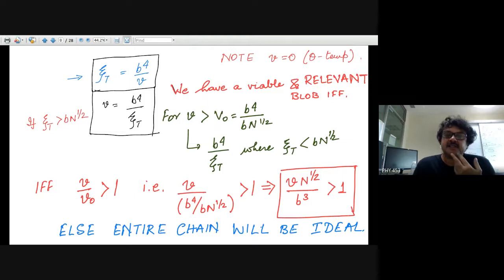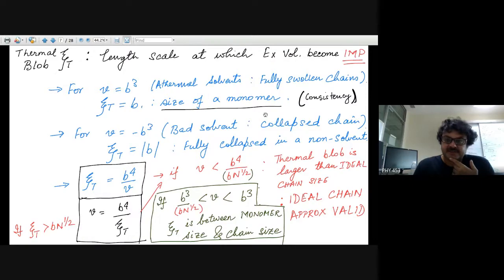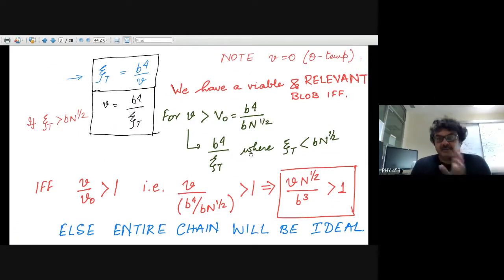So when v is greater than v0, what is v0? It is this quantity, so v has to be greater than this quantity. Then we have a viable